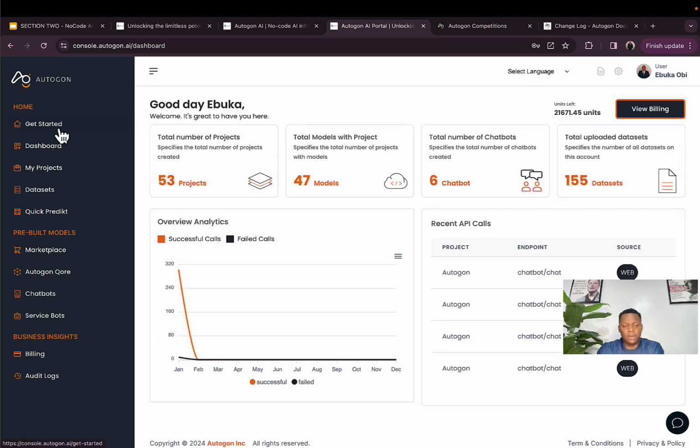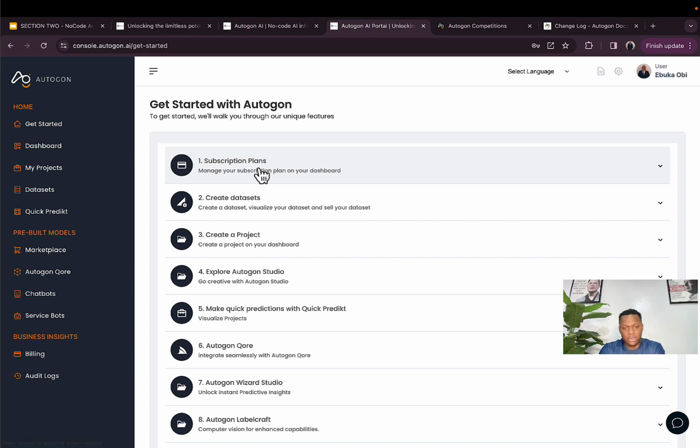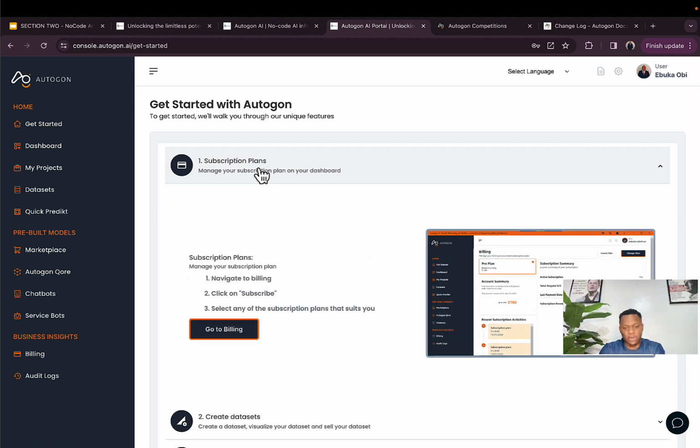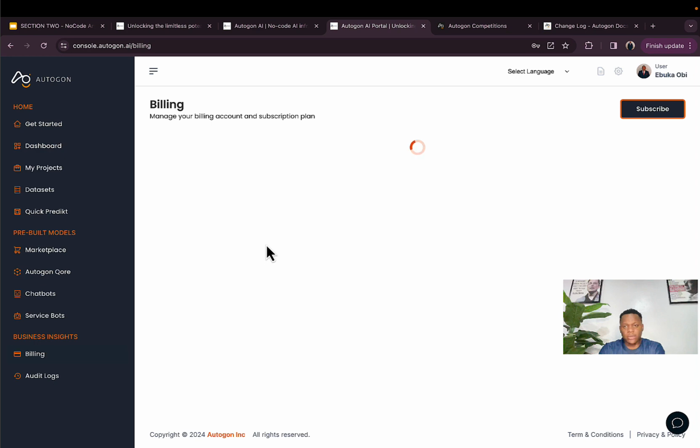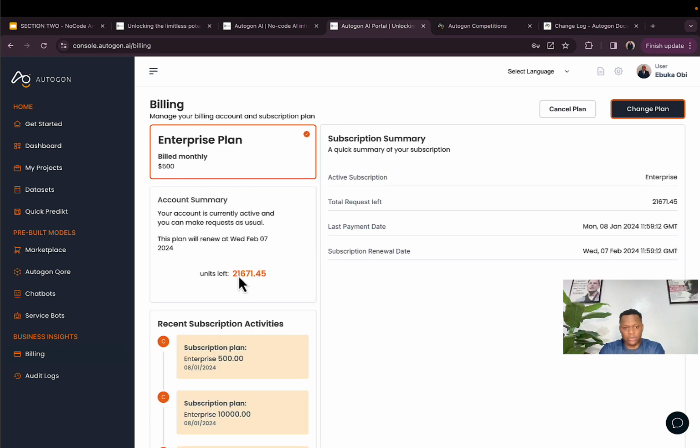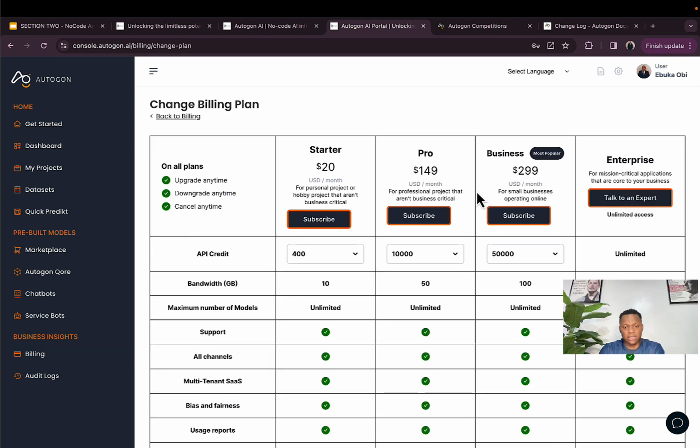When you register, you get to the get started page, and the first thing is your subscription. You want to look at your subscription. You can look at the number of units you have. You can always upgrade your subscription by clicking change plan and selecting the particular plan that you're interested in. $20 happens to be 400 API calls, and $49 is 1,000 API calls. Yes, and going down to the business plan, you can get up to 1 million calls at $776. And higher than that, you need to speak to an expert. Okay,